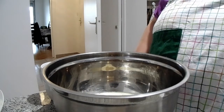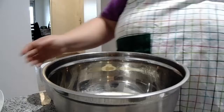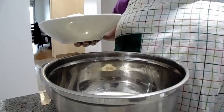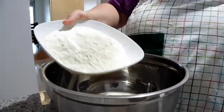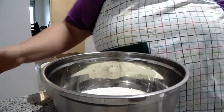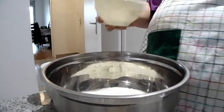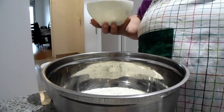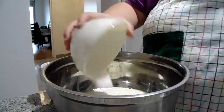2 2/3 cups of flour. Now if you're playing with the recipe like I am, you might need a little more or a little less flour depending on how much sugar you put in there. 1 teaspoon of baking powder, 1 teaspoon of baking soda, 1/4 teaspoon of salt,